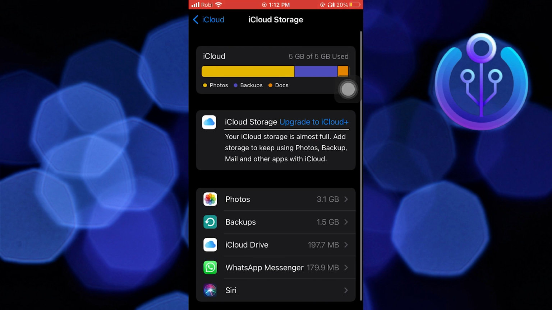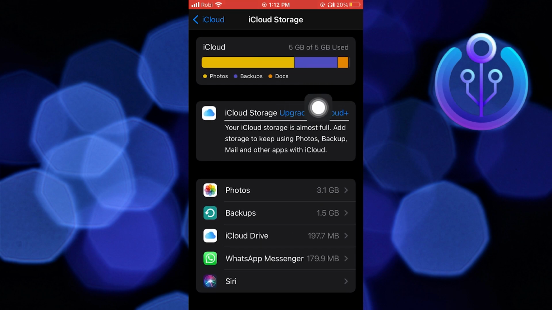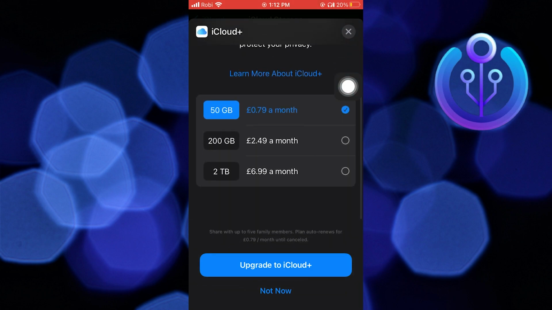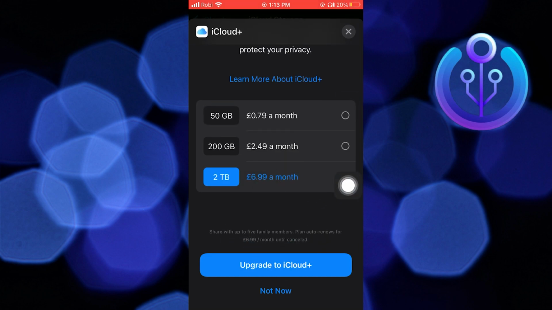As you can see, you have the option to upgrade your iCloud to iCloud Plus. Here are the different pricing plans per month. You can buy any of them to add extra storage to your iPhone. After that, tap on Upgrade to iCloud Plus. Extra storage will be